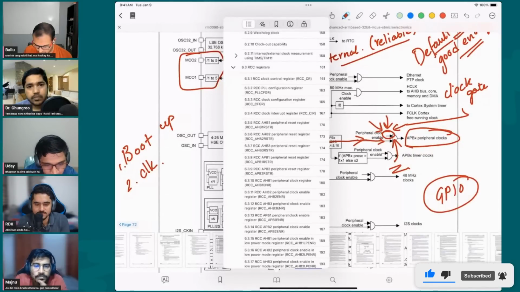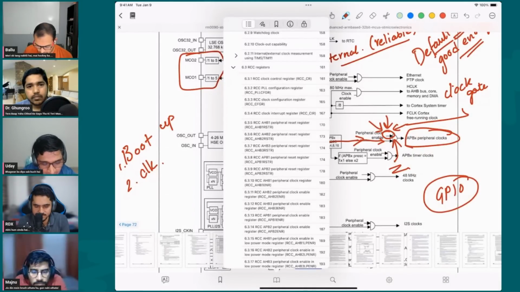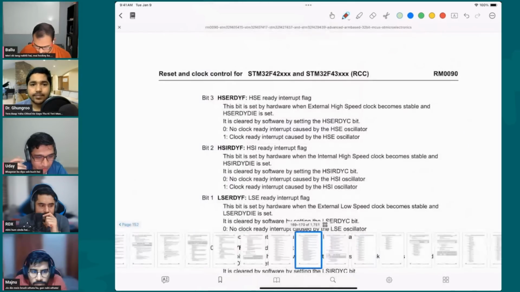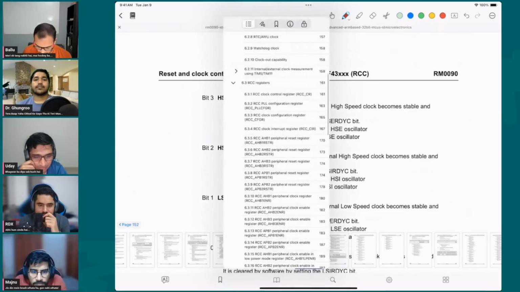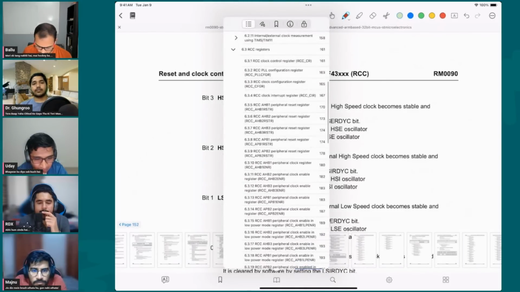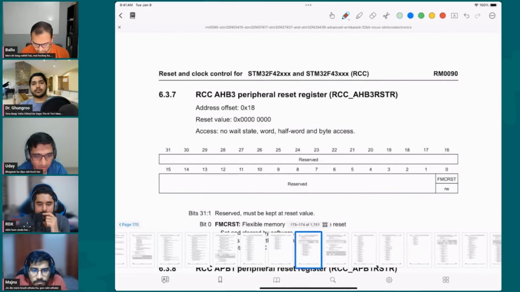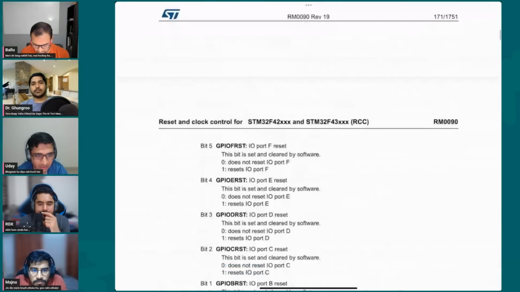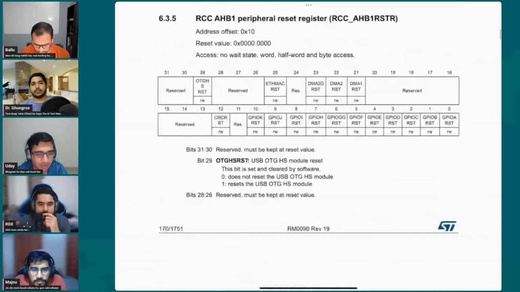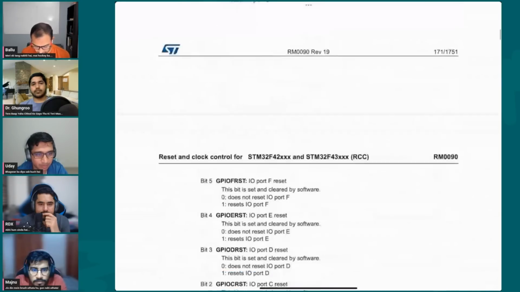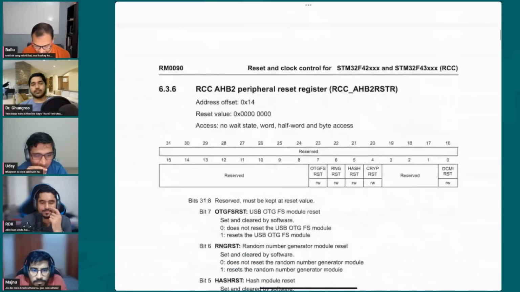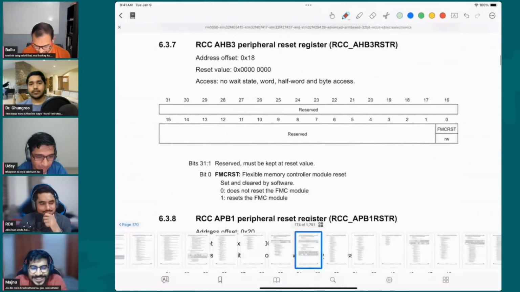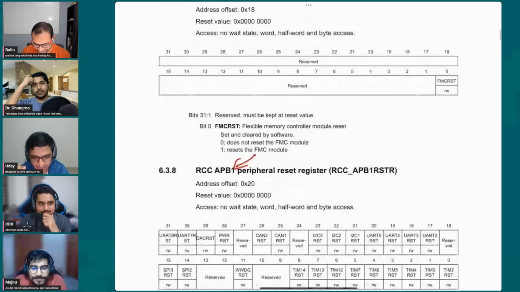This is the APBx clock. So we should go into APB. Let's open APB1, the APB1 peripheral clock enable register. Hang on, I opened AHB. Okay, there it goes. So this would be APB2 and this is APB1. So these are AHB. Oh, sorry, these are not APB. Can't read also. So if you keep scrolling down, here is the